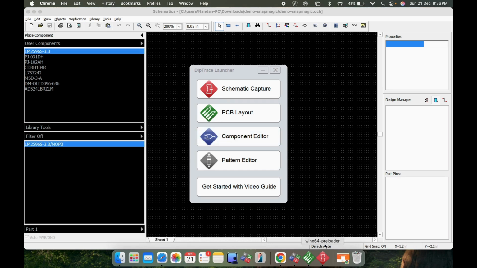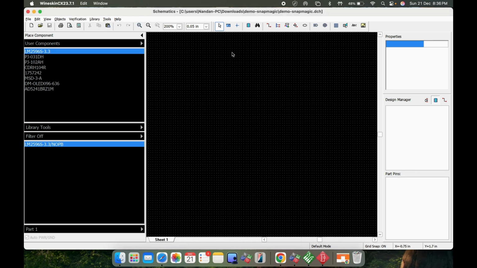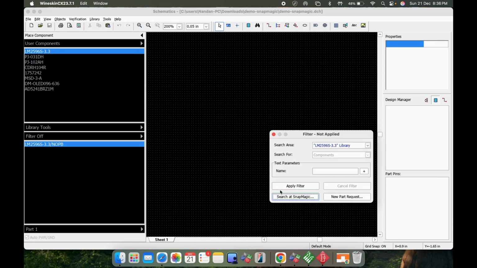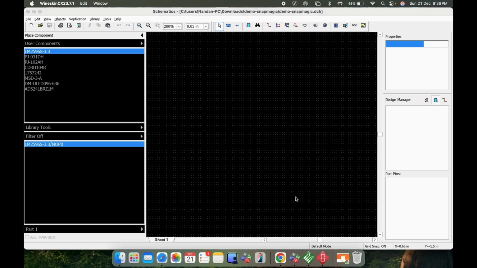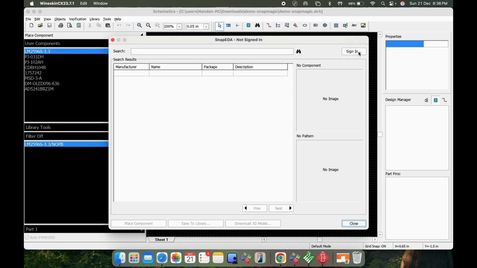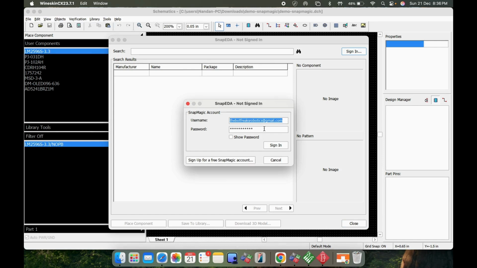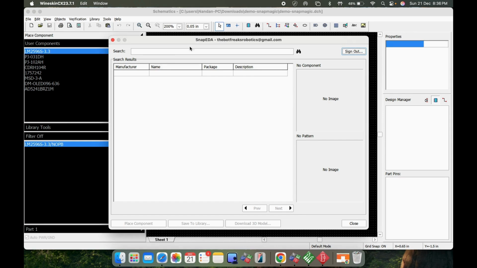For that, we'll go to the schematic tool, and then we'll click on find components, and here is the option to search SnapMagic directly. And here I'll do my login. First you have to sign up on the website, and then log in to the software. Okay, so I'll just sign in, and here I'll search for